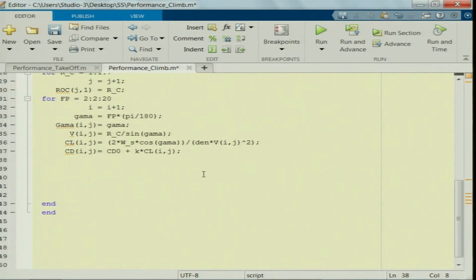Okay. CD is done. Now, I will find out what is the drag. It is good to find out what is the lift as well, that is nothing but W cos gamma. So, instead of drag I will say directly the power required, or say thrust required, with K CL square.